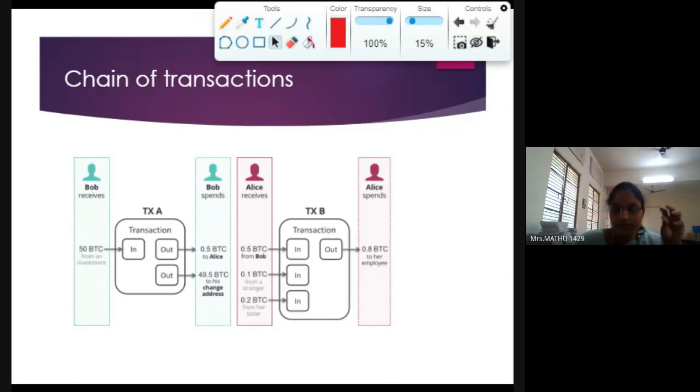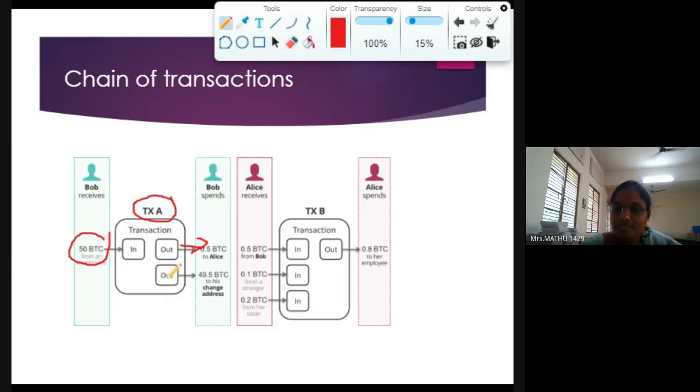So for this transaction A, you will be using a Bitcoin address, and the amount he is having is 50 Bitcoins. The amount he is going to spend is only 0.5 Bitcoins. He is going to send only 0.5 Bitcoins to Alice. So how much will he have remaining? He'll have 49.5 Bitcoins as change. So one spending is going to Alice, 0.5 Bitcoins, and another output